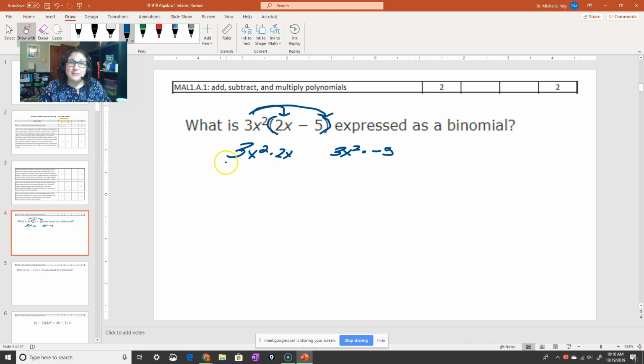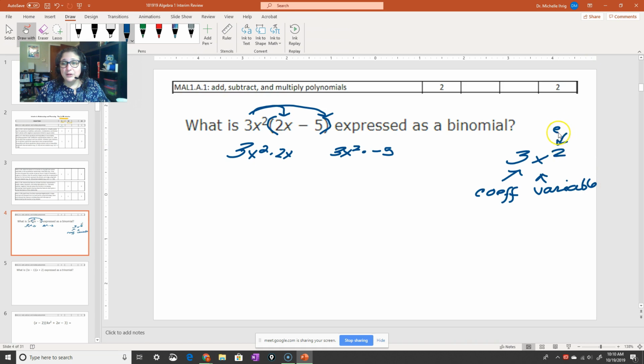Basically, when we look at this problem, we have to look at the coefficients. Coefficients is just a fancy way for saying the number in front of the letter. So for example, here I have 3x squared. The 3 is my coefficient, the x is my variable, and the 2 would be considered my exponent. So in order to do multiplication, all we're going to do first is we multiply the coefficients, so we multiply the numbers. Then we write our variable or letter, and then we add the exponents.